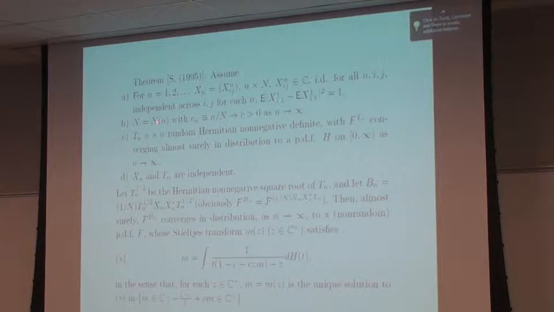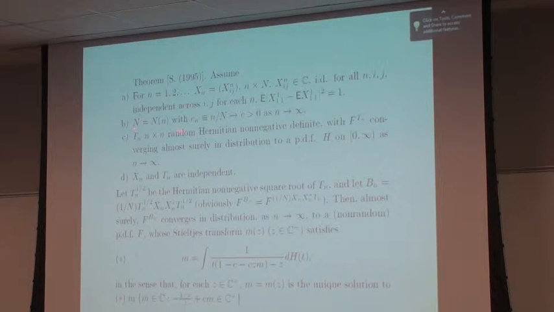We assume that big N is a function of little n, where the ratio goes to a positive constant c. I call it little cn, that will appear later, as little n goes to infinity. So I'm looking at situations where the vector dimension and the sample size are both increasing, but in the same order of magnitude, going to a positive constant c. Not zero, not infinity.